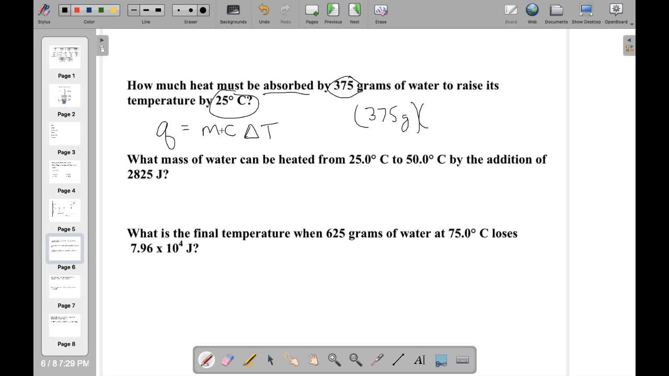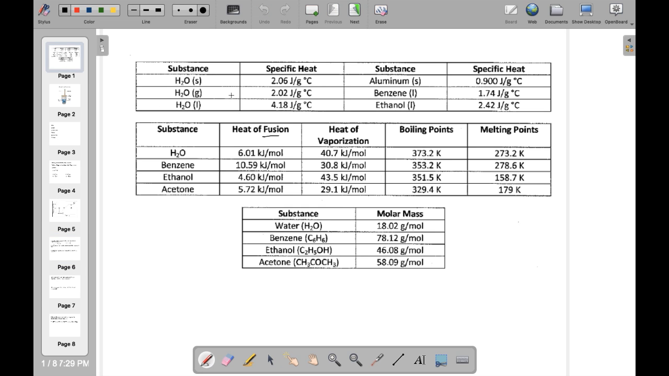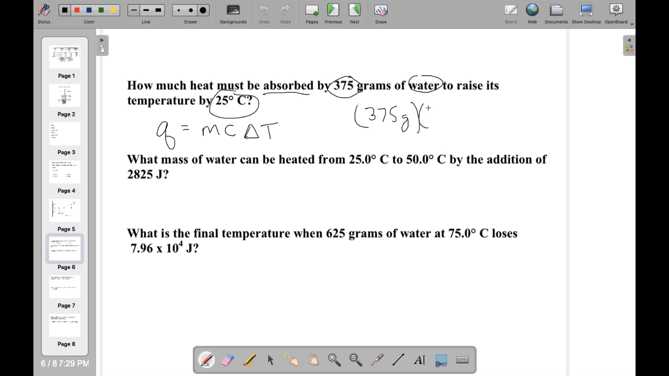Okay, specific heat of water. Well, this is where they have to give you a chart. If I go up here, and remember it said water, so I need liquid. The specific heat of water is 4.18 joules per gram Celsius on this chart. So let's put that down, 4.18